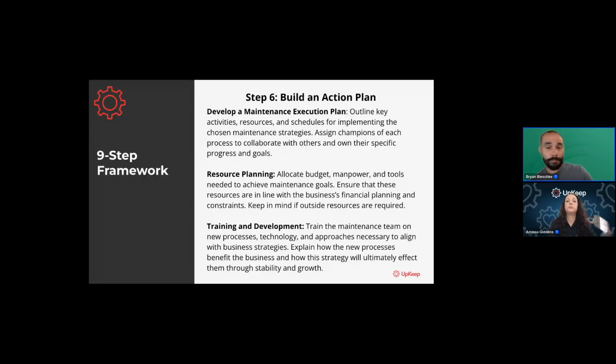Training and development, very meaningful and impactful for your business, right? If your team doesn't know where they fit or what they should be doing, they're less likely to be a part of that action plan. If you bring them into the process and explain it to them, even hold their hand for a bit to show them the right things that they need to be doing and teach them the right way, and then have them teach other people, and you have a chain of accountability with that training, it's amazing. It's an unlimited effect. And it really is what's going to stand that test of growth through your business, making sure that people are there to act and to do the things that need to be done effectively and efficiently.